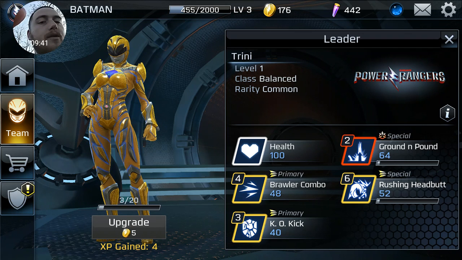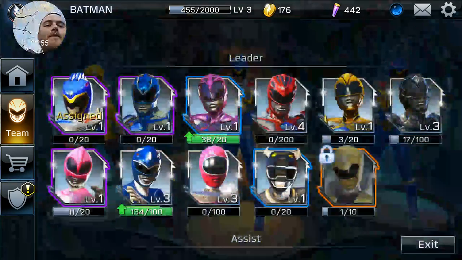Rushing Headbutt, great move. The thing with that one is I think it's a one hit. So if they don't have time to throw up their shield before that first hit, if they don't predict it, if you're close enough, then that one's a really good one. And KO Kick's a great one. Now moving forward,